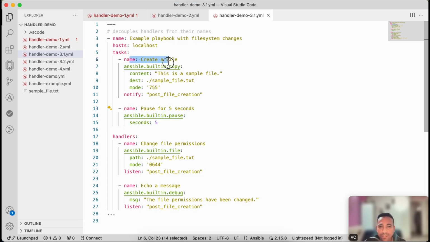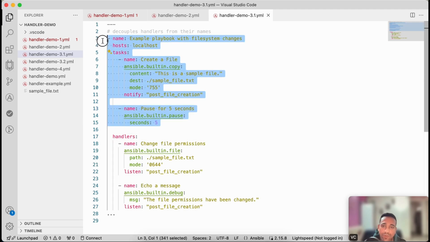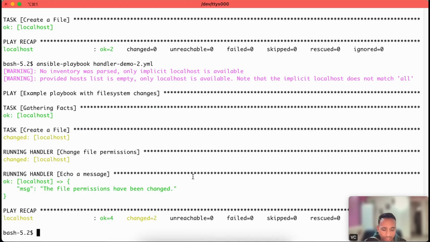So when this task gets created, this is calling two handlers, and then the second task will get executed. Generally, by default within Ansible, the handler is only called when the playbook is finished. So let me give you that as a demo. If I run, for example, 3.1 here,